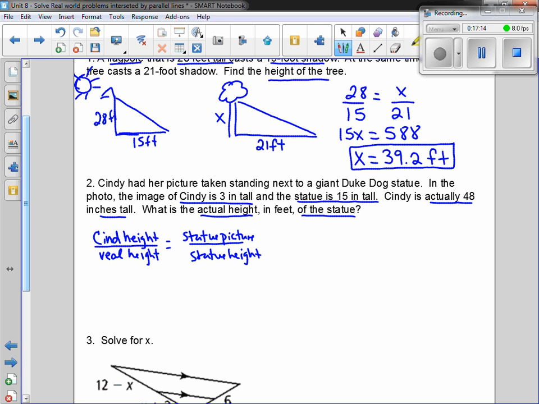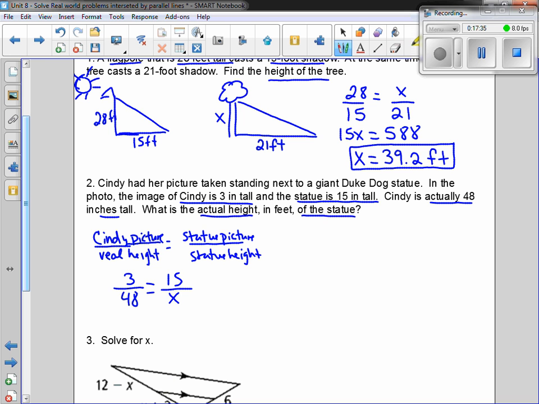So Cindy's height in the beginning is actually going to be the height of the picture. So we're going to set up our proportion: 3 compared to 48 is equal to the statue's picture height, which was 15, and we don't know the height